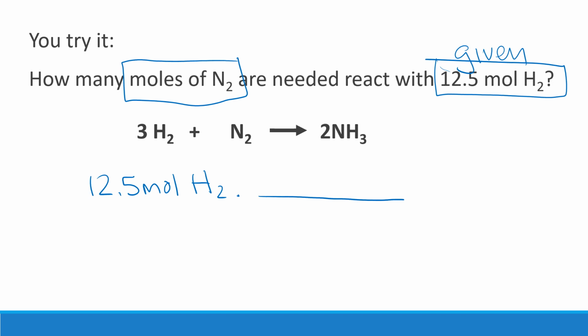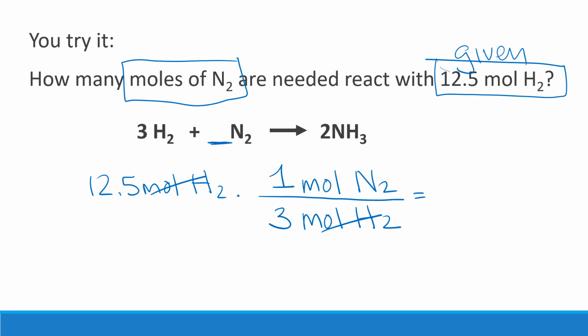All right, so is this what you wrote? Since moles of H2 needs to cancel, I'll put moles of H2 in the denominator, and the thing that I want, moles of N2, in the numerator, and then fill in my coefficients from the balanced equation. So there's no coefficient in front of N2, so I understand that to be 1, and in front of H2 is 3. And that cancels out moles of H2, and all I have to do is divide 12.5 by 3, get my answer,